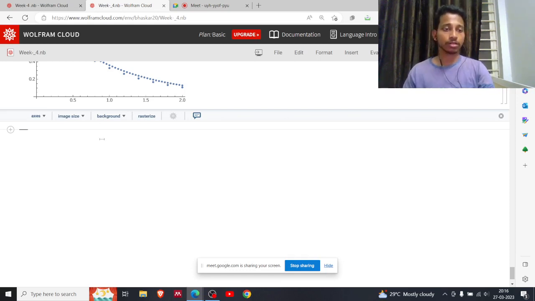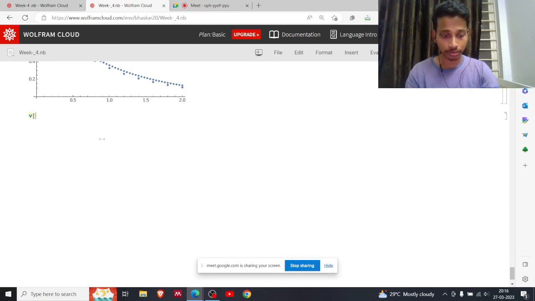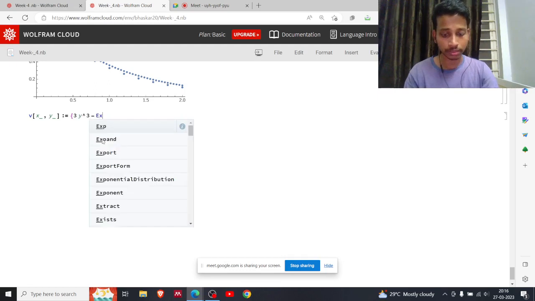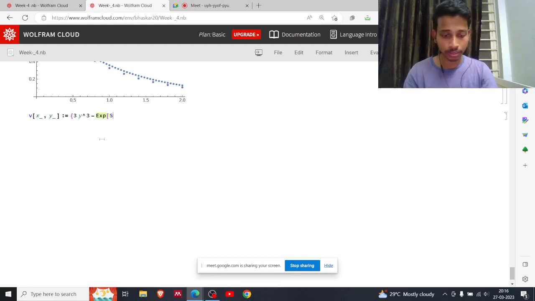Okay, so now I have shown already a lot of integrals. So now I will go to a little more complex thing of integrals. So here I will define a function, that is y, three y cube minus exponential of sine of x